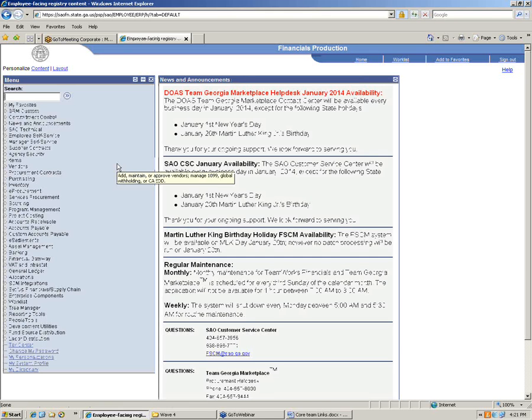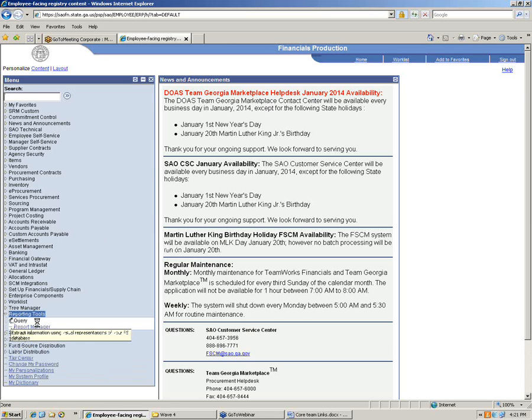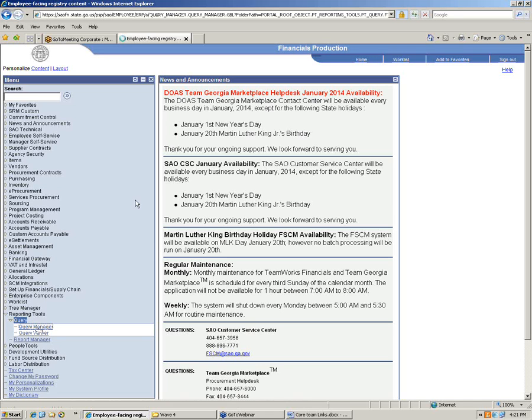All right, so I'm logged into our production environment, and again, not all of your cards have been loaded into PeopleSoft yet, but they will be in the next few days. But I wanted to show you a couple of queries that you can run to basically see a list of all of your transactions. So if I go underneath the menu and click on Reporting Tools, Query, and Query Manager,